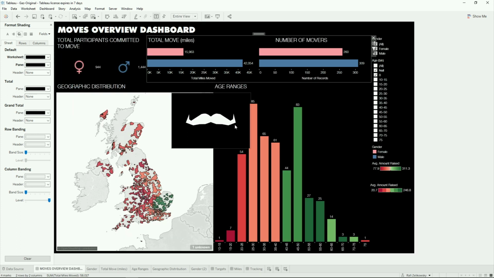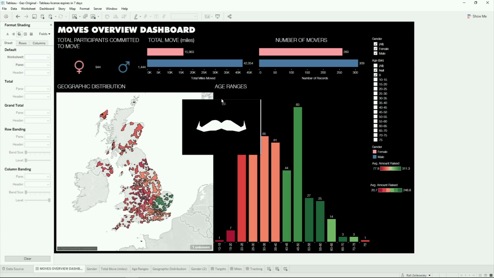All right, so already our dashboard looks a lot better. The last step that you want to do from a formatting point of view is anything that has to be done on that marks card or from an individual worksheet level. So as we move from highest to lowest and go with that best practice order of formatting, these are the things that you will do manually or ad hoc.